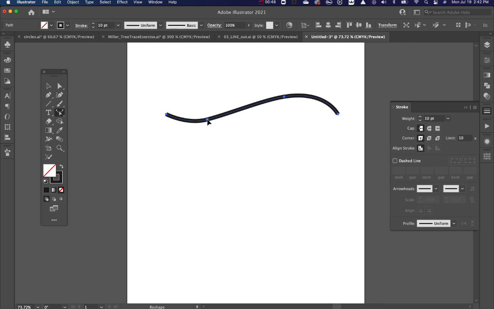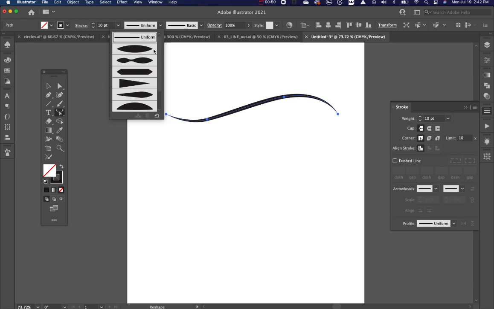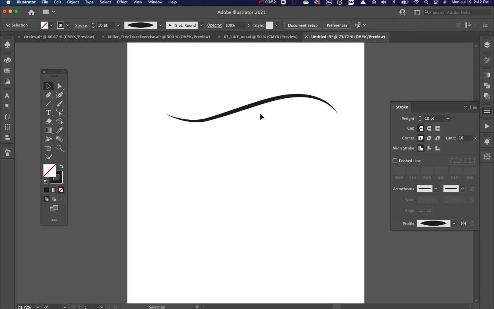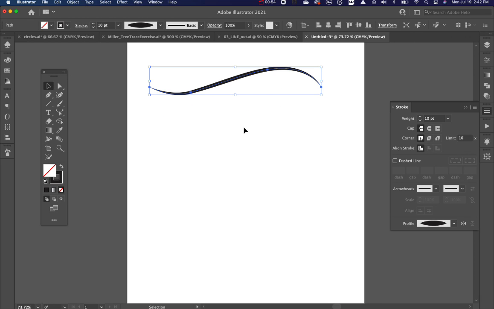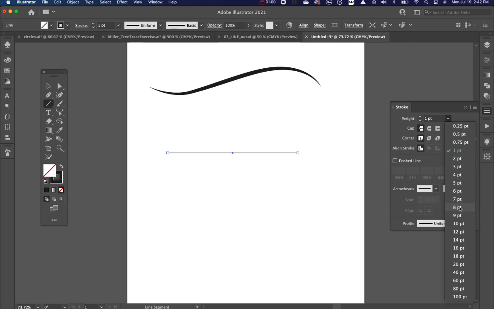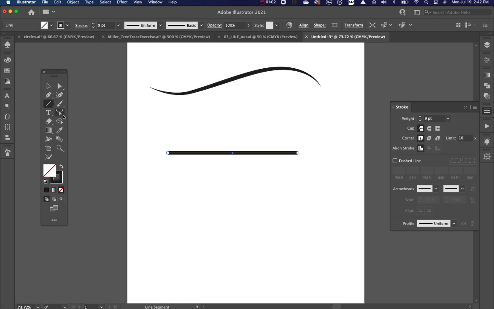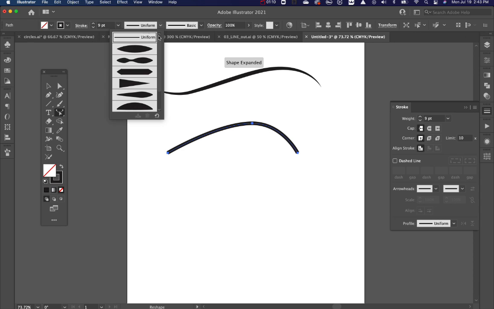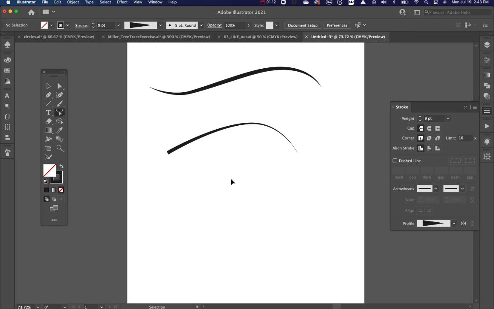Now, what I like to do is pair this with maybe some width profiles, and now I have this really nice width changing line, and I didn't really do all that much. So let's draw another one. And let's go into my Reshape tool, and let's just do one. So maybe something like this, and let's change this to more of the pointed end, and you can see now